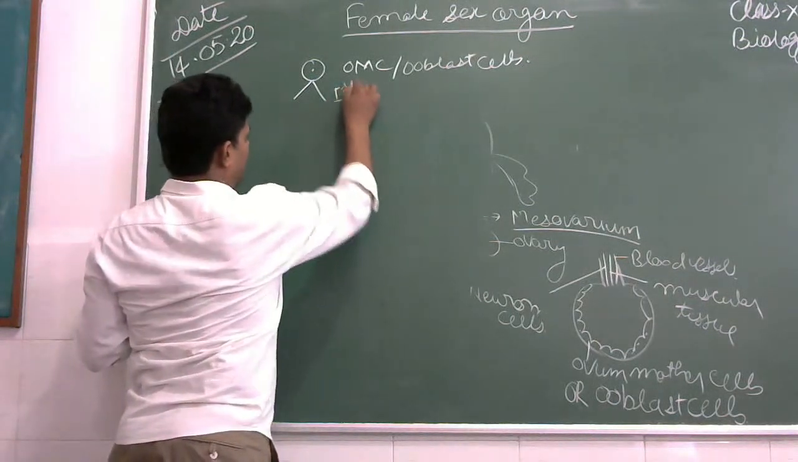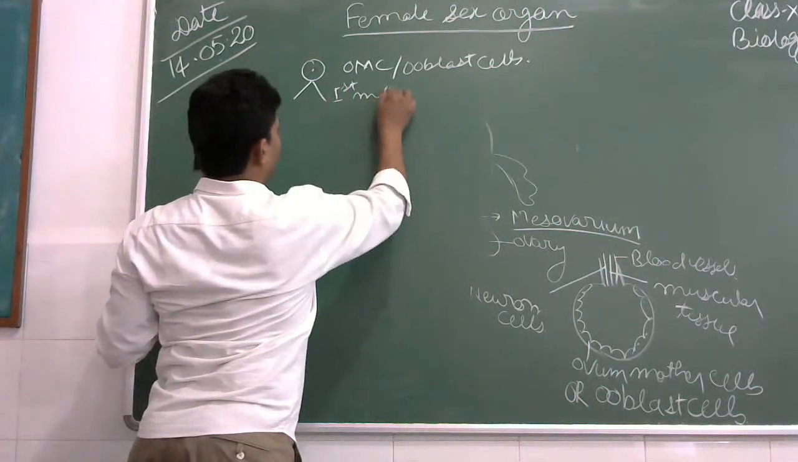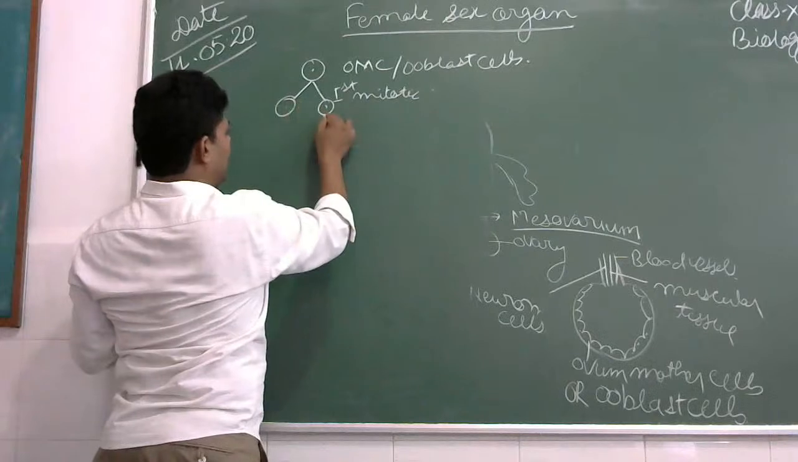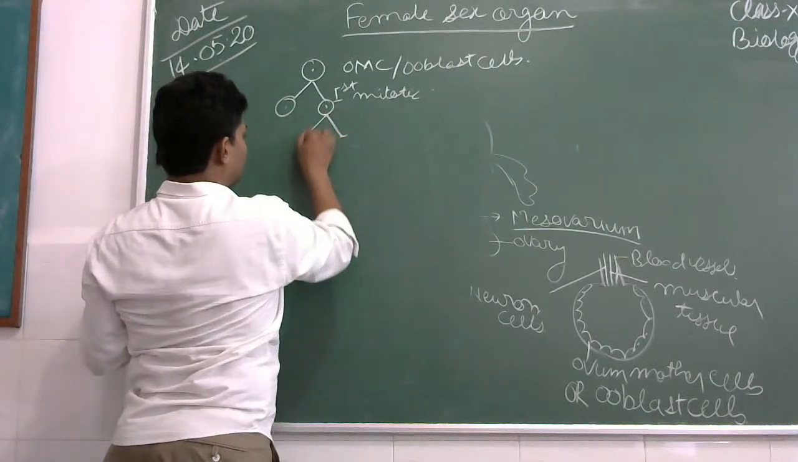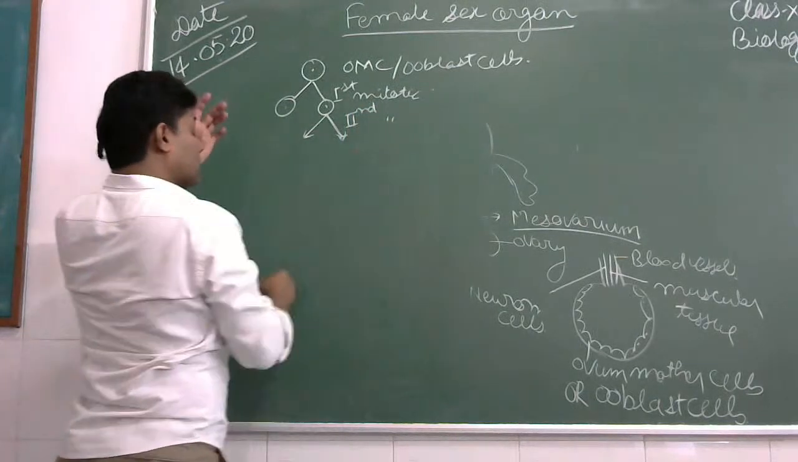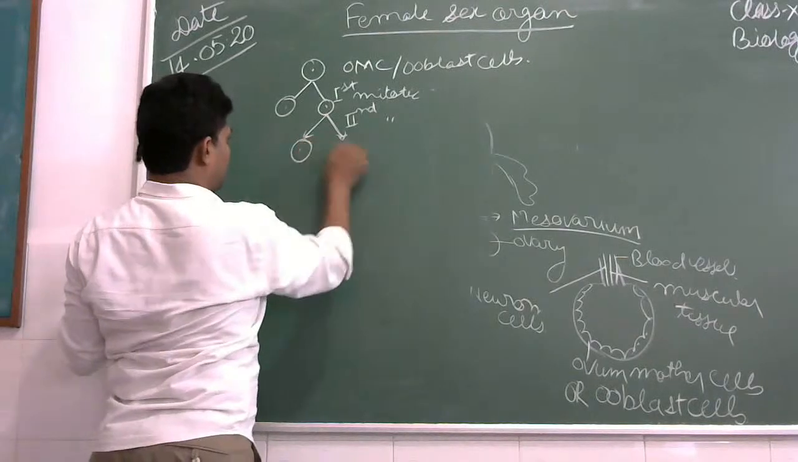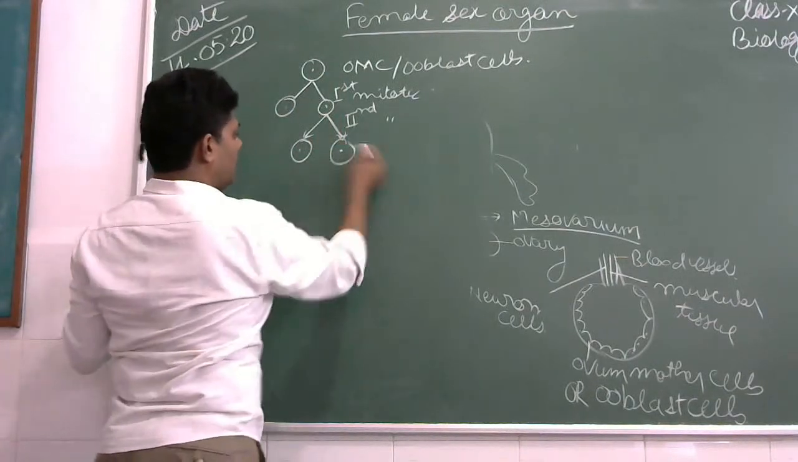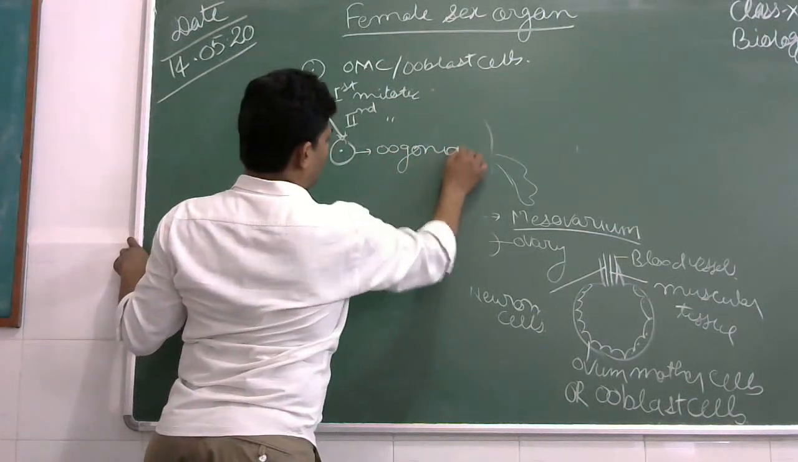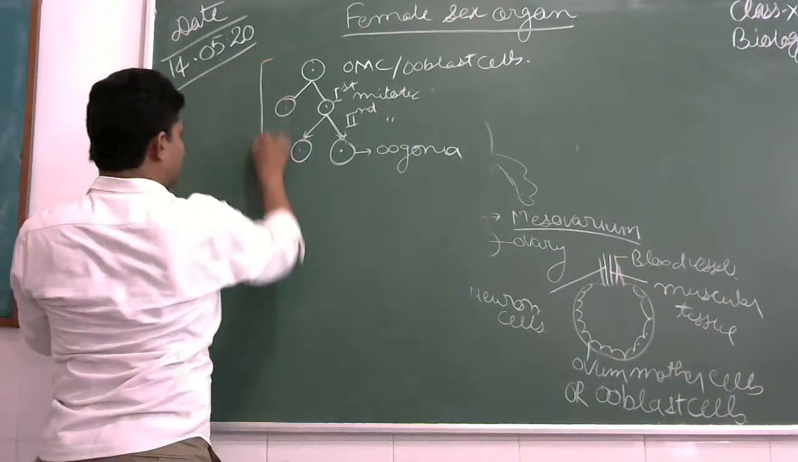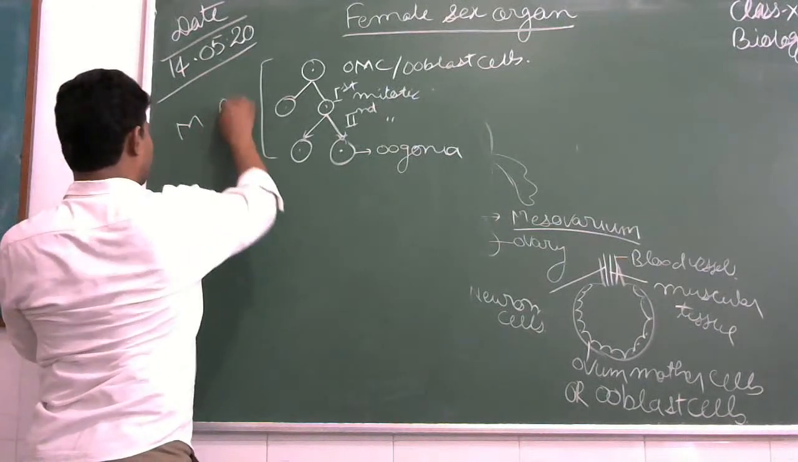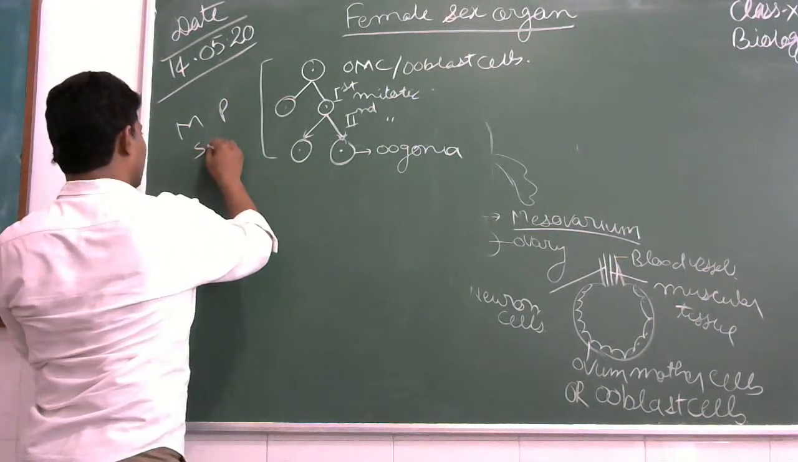This is the first mitotic division, which makes two cells, and then the second mitotic division again makes two from each, going from 1 to 2 to 4 and so on. These are the oogonia. And this is known as the multiplication phase, and it is controlled by the